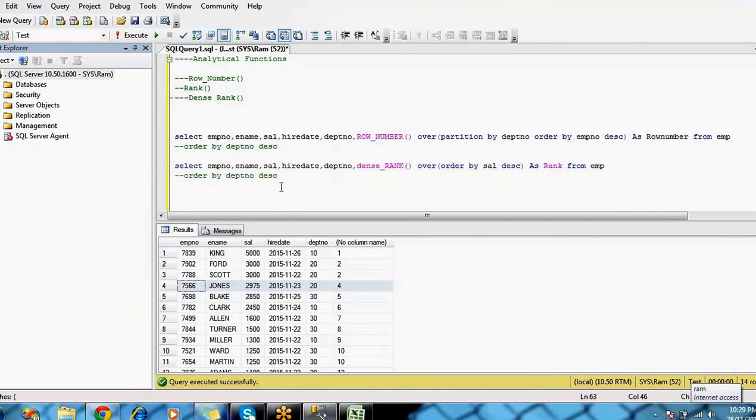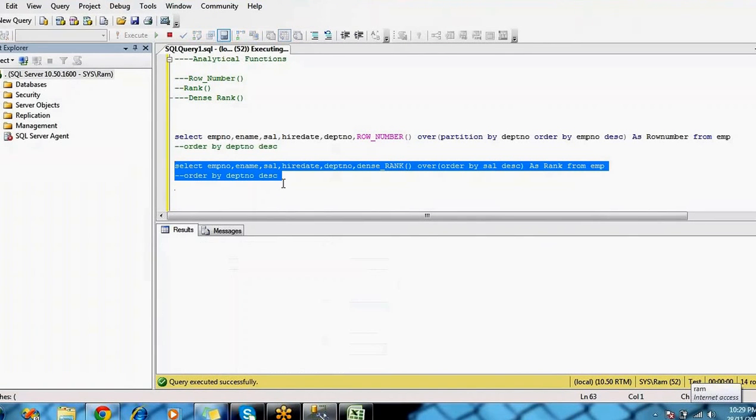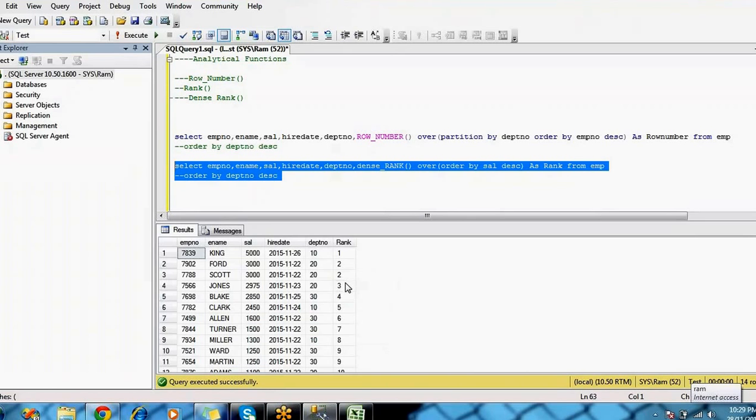Instead of the rank function, if you use dense rank, it will give the third rank. So the first rank is 5,000, 3,000 is the second rank, and the third rank is 2975. So it is filling the gap.